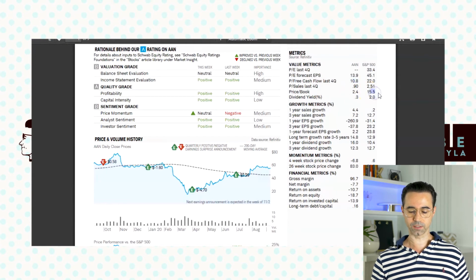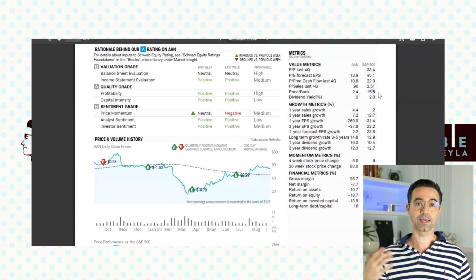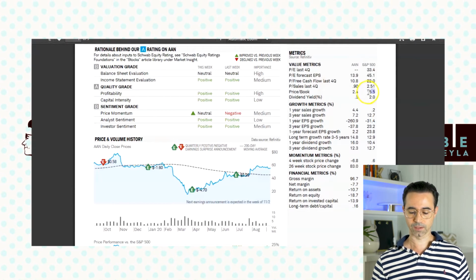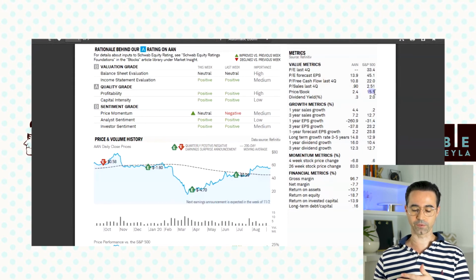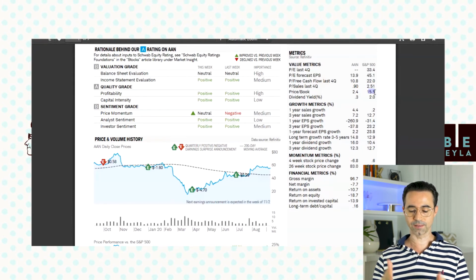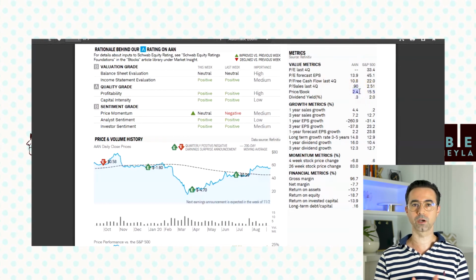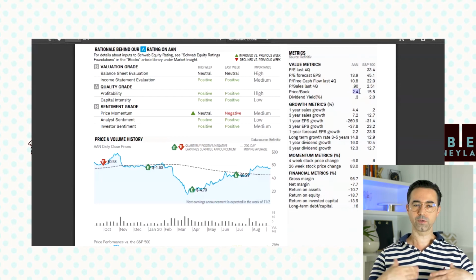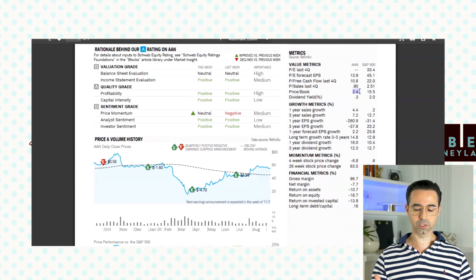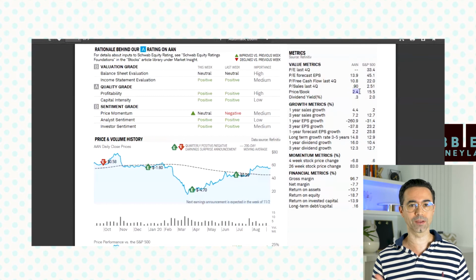So if you go to the price to book value, which is kind of like the net worth of the company, the assets minus the liabilities, the S&P 500 is at 15.5, the average company in the S&P 500. You go over here to AAN, it's 2.4. So much less than the average company in the S&P 500. If you'd want to get into this further, you would look at the price to book for the industry or the sector. So you would want to dive into this a little bit more and then compare it to that,